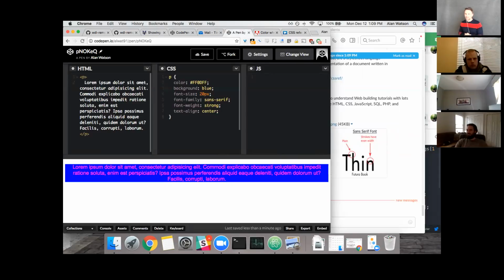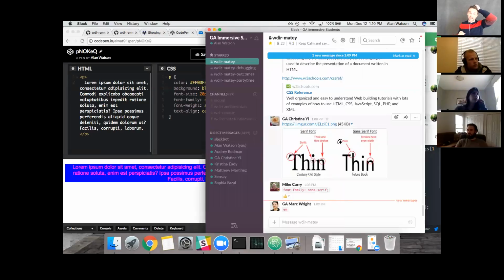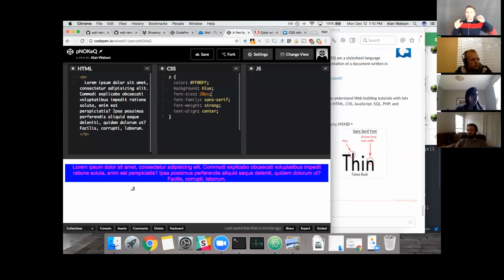Yeah, it goes back to the old typesetting days, but 1 unit of EM is 16 PX by default. The great thing about EM is that it's a more proportional way to set up your code, because the EM by default is 16 PX. However, if you put a font size property on your body tag,